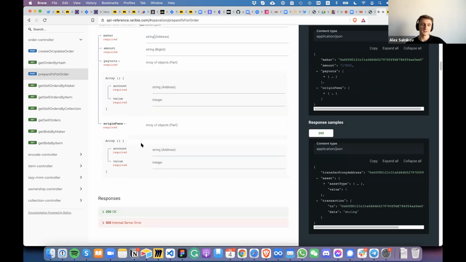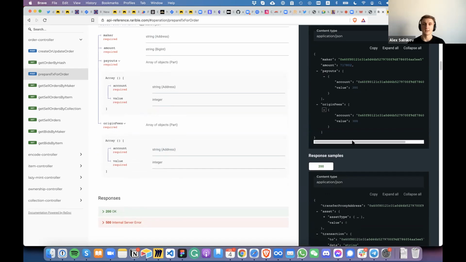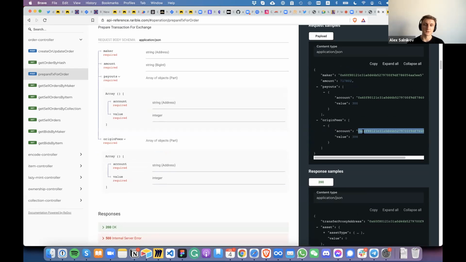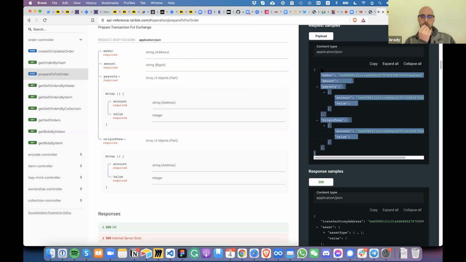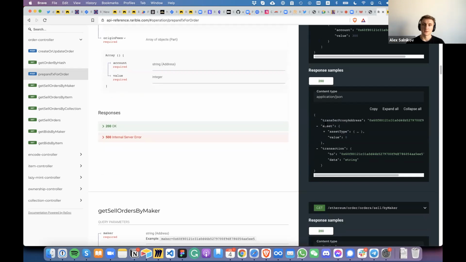And origin fees is the fees that you want to attach. I'm actually not sure why it is required. Probably that can be an empty array. And wait, say what are origin fees again? So the origin fees is the front end fees. You're submitting an order and you can add your own fees to it. When the order is matched, it would calculate the fees and send them to this address. Okay. So we could put a processing fee or something for the origin fee. Okay. Yeah. So, and the response would be this structure of